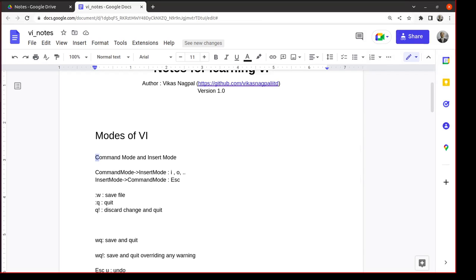As I told, basically in VI there are two modes, command mode and insert mode. In command mode, VI is not accepting text inside the file. It is just waiting for your commands. Commands could be like delete a line, add a line,